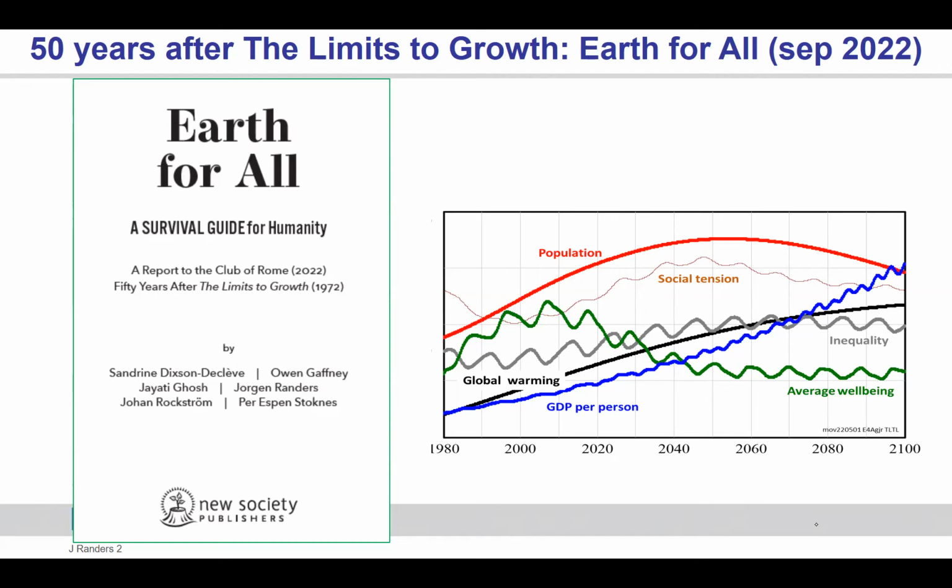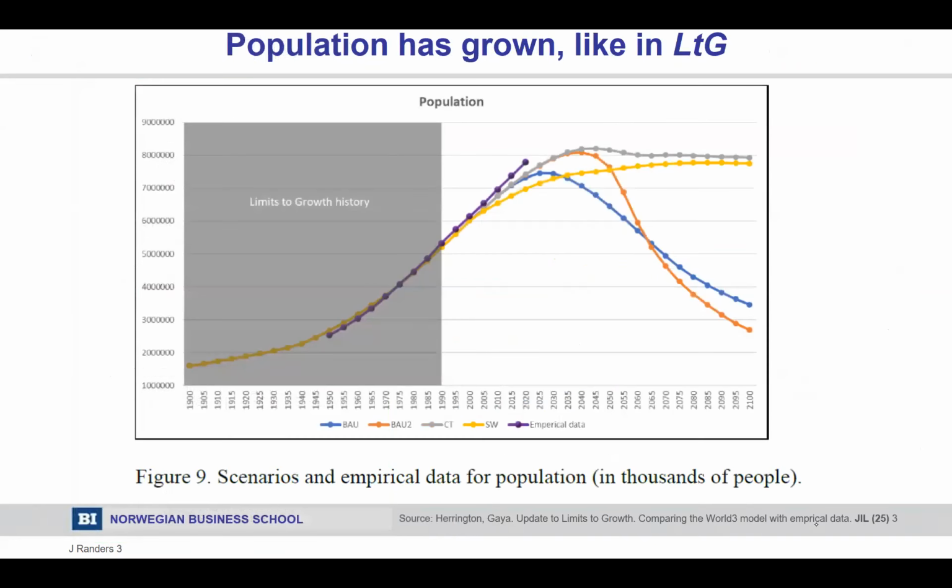Or to be precise, the model is able to generate forecasts for those variables we are interested in the global system. It's not a model of the world, it is a model of those phenomena we're interested in. And primarily, that is the development of human well-being over this period. The perspective of the model is much like that of World3, which was the model that was supporting the Limits to Growth book 50 years ago.